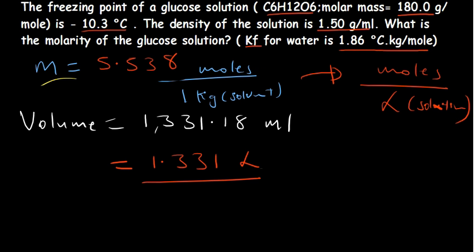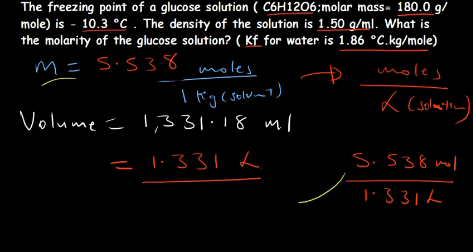So our number of moles were 5.538 moles divided by the volume in liters. So 5.538 divided by that. So the result that is coming out here is 4.16